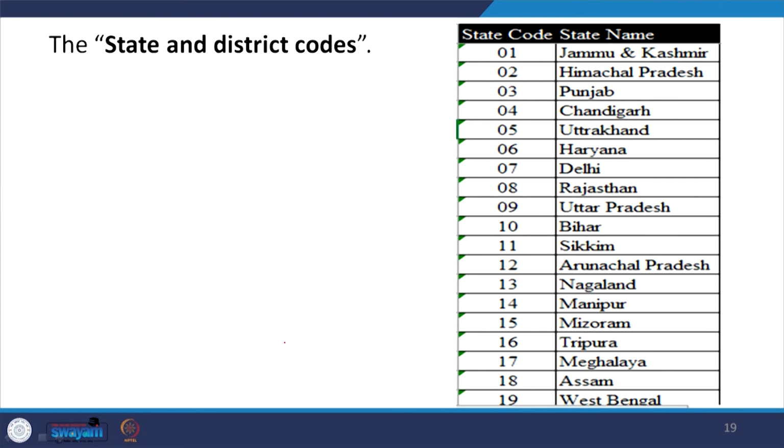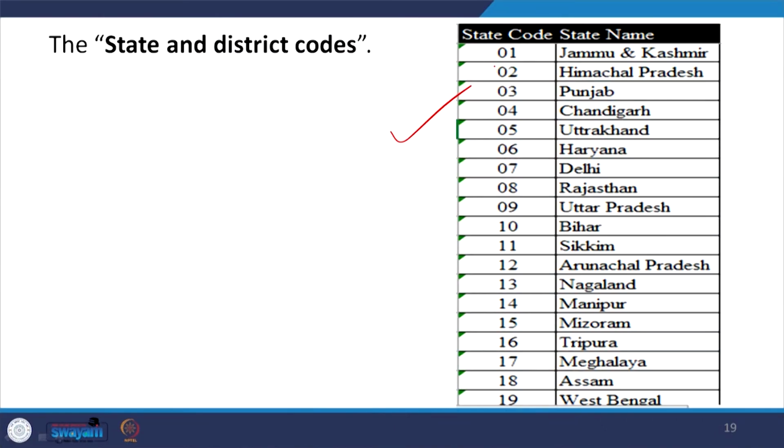Now, the last information in this segment on these 4 important files is the state and district code, because if you do not understand the district code or the state code, interpretation will be very difficult. Though merging can be done, because you will get the district ID and the byte position very clearly, and with the command you will get the merging. But if you interpret further with the statistical package, it will give meaningless results. So the state code as well as the district code is very important, and this is a snapshot of the original file.